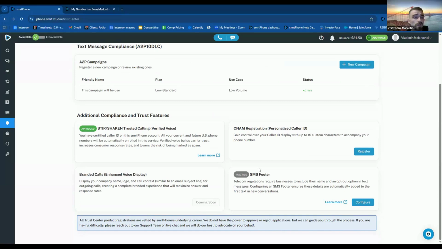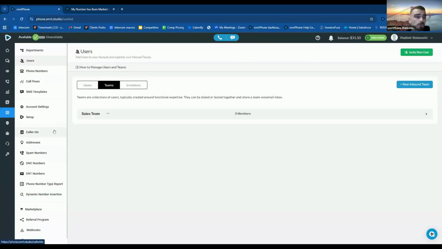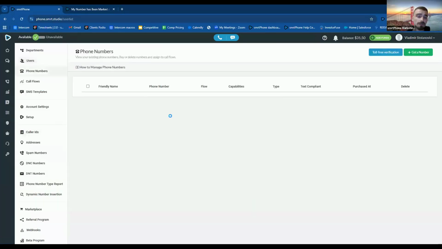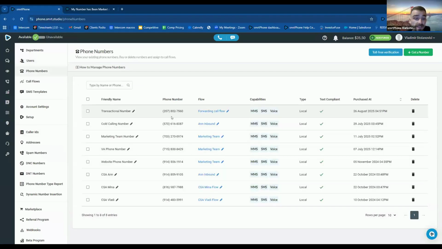Besides that, we also recommend managing your phone numbers and keeping them split into specific brackets. Especially if you are a business that focuses on massive outbound reach, we always recommend having a specific batch of cold calling numbers that you rotate and cycle out through your sessions in smrtDialer or when you're doing outbound calls with smartphone. This basically allows you to keep your transactional and inbound marketing phone numbers clean, because you simply rotate cold calling numbers, which will always be subject to higher risk of being flagged as spam as you perform a higher amount of outbound calls from them.